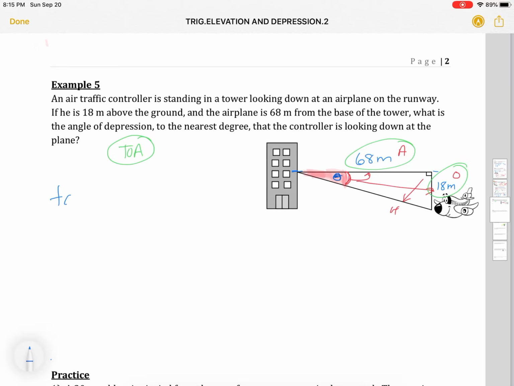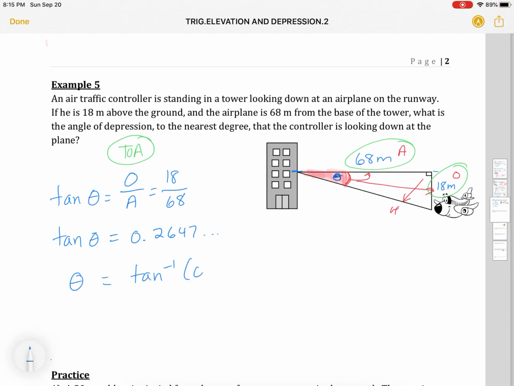So we're going to use tan, because it's TOA, right? So let's figure it out. Tan theta is equal to opposite over adjacent. Opposite is 18, adjacent is 68. So tan theta equals 18 divided by 68, which is